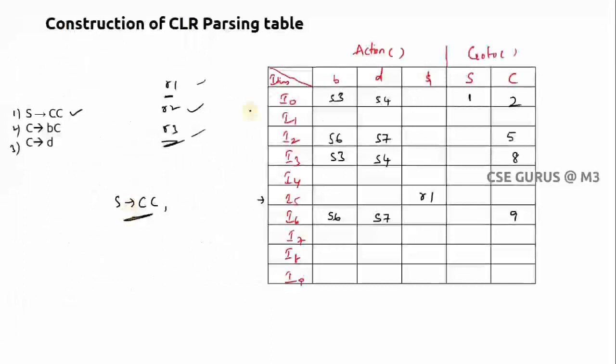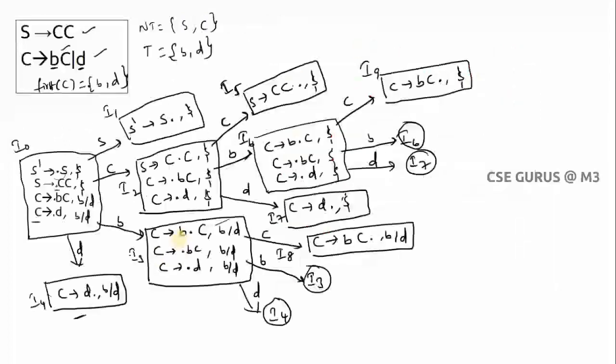Now R1 is over. Where do I need to write R2? Go to the second production, C tends to BC. Where does it end? That means you have to find where it is C tends to BC dot. So where is C tends to BC dot? Here it is, dot BC. Here also dot BC. This is B dot C. This is dot BC like this, and you can see here C tends to BC dot.